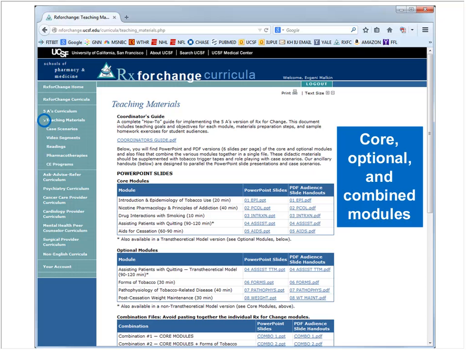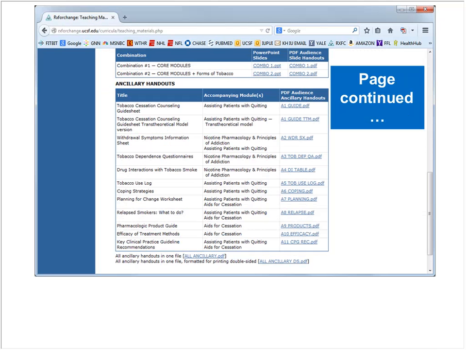And then aids for cessation. This is the full module, the core modules, which you could take 6 hours. We recommend 6 hours, including counseling and so forth. But when you're a clinician already, people do much shorter. You do what you can. Then we've got some optional modules here. If you scroll down,